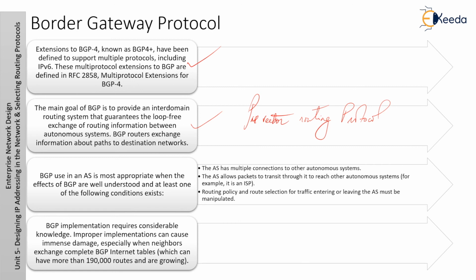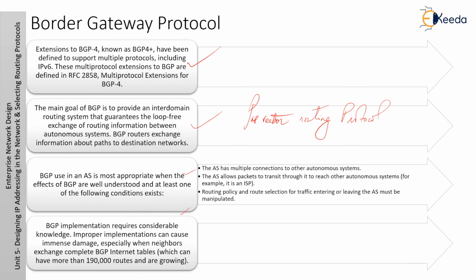BGP allows a provider to fully use all its bandwidth by manipulating these path attributes. This AS path information is useful for constructing a graph of loop-free autonomous systems. It is used to identify routing policies so that restrictions on routing behavior can be enforced based on the AS path. An important thing to note is that